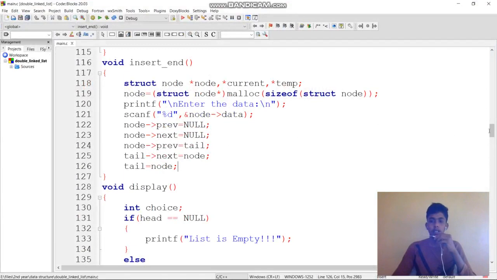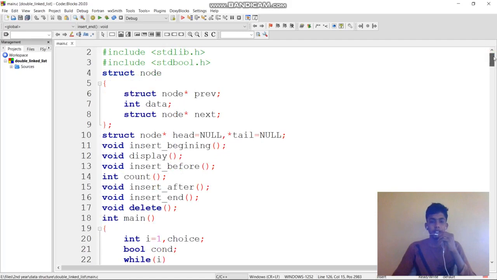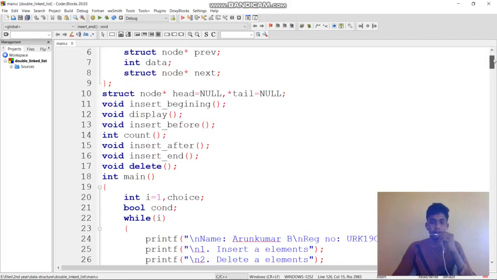This is the code for a doubly linked list. I have used a C program and a self referential structure to implement the doubly linked list. The operations we are going to perform are insert, delete, and display.